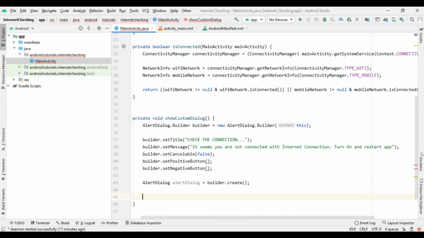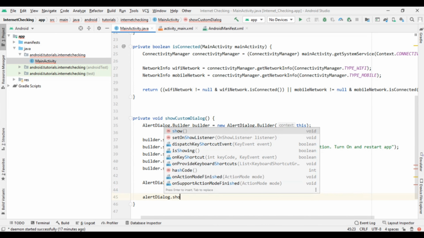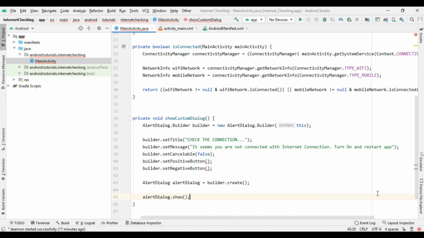After that we have to set the positive button. So the positive button will be turn on, and the negative button will be exit. So after that we are going to apply the DialogInterface click listener.